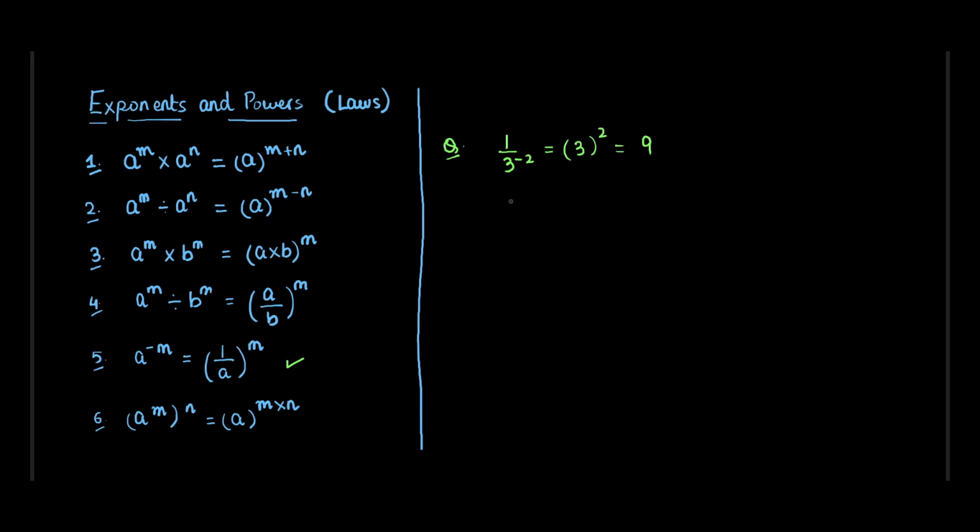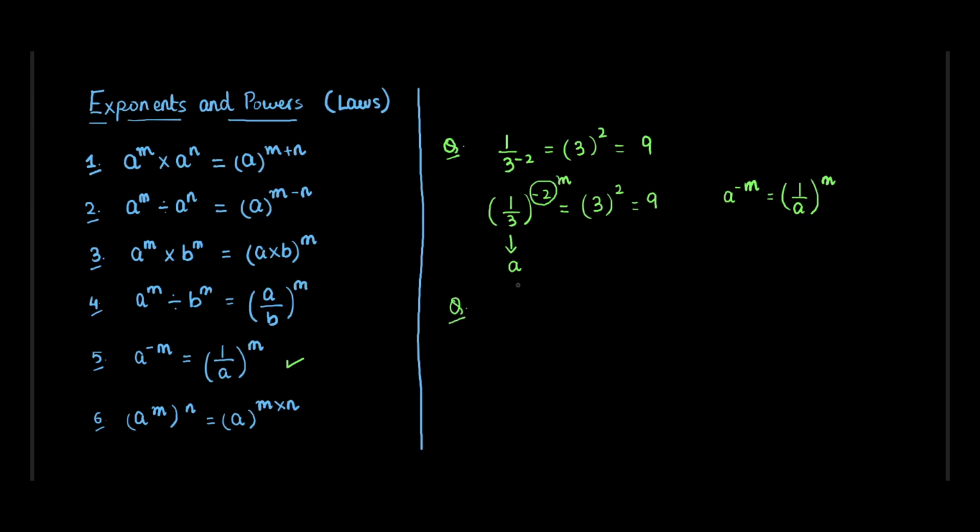Okay, so what I have done is, you can also write this question as 1 upon 3 to the power minus 2. So this 1 upon 3 is representing your A, and the power minus 2 becomes your M. If we write down the formula again, that is A to the power minus M is equal to 1 upon A to the power M. So over here 1 by 3 reciprocal will be 3, and the power will become plus 2, which is equal to 9. I hope you have understood it. Let's move on to the next question.